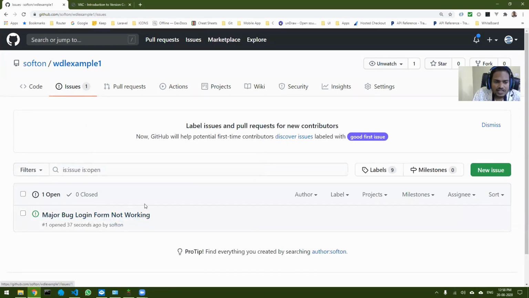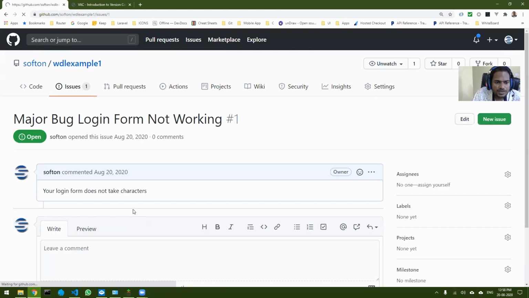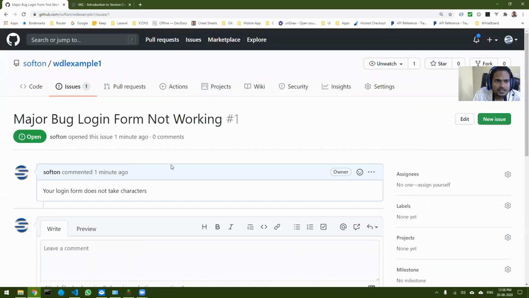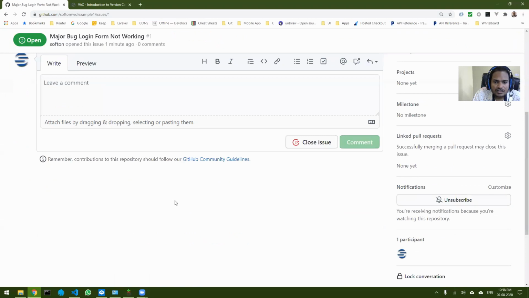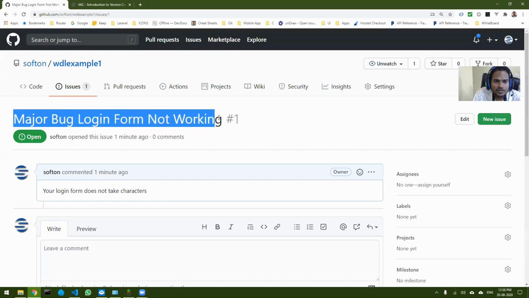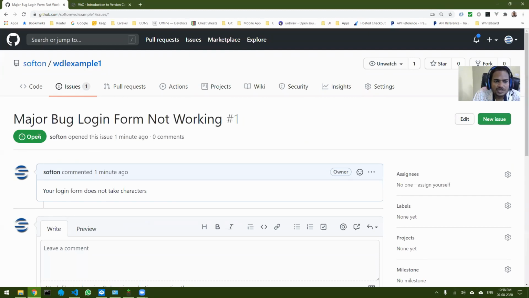Let's suppose I come over here and I click open, and I find that this is issue number one. This is the first issue, and you can see from here also issue number one, and the name of the issue is major bug, login form not working. Currently this issue is open.